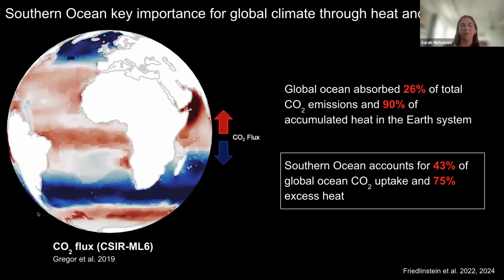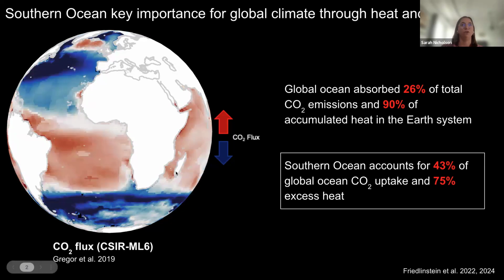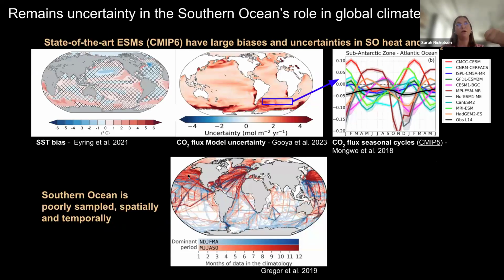But we've got some big issues. It's really difficult to observe. It's really difficult to project how this role of the Southern Ocean in CO2 and heat uptake is going to change in the future. And there's a few reasons why it's difficult. The first is, of course, Earth system models. State-of-the-art Earth system models aren't without fault. There are significant biases, particularly in the Southern Ocean. So I just have a few examples of that. There are sea surface temperature biases that are largest in the Southern Ocean. There's significant uncertainty between models. And